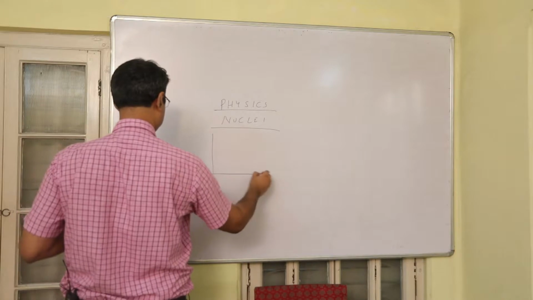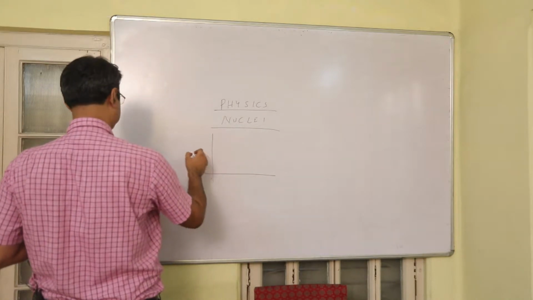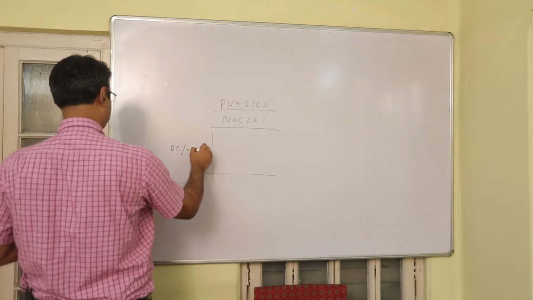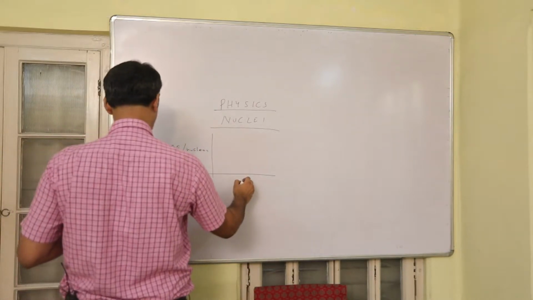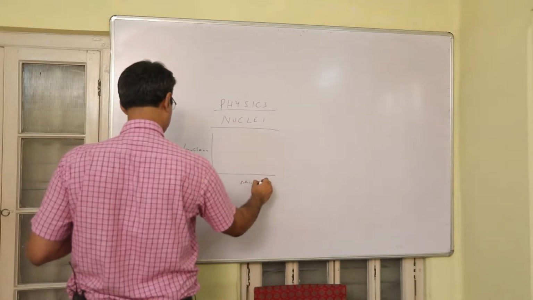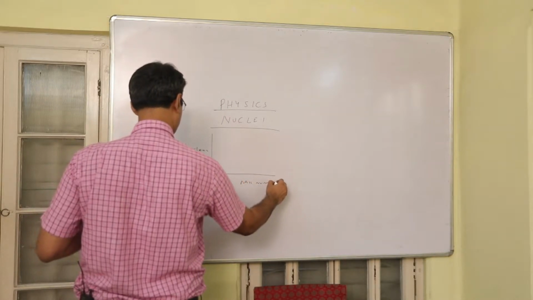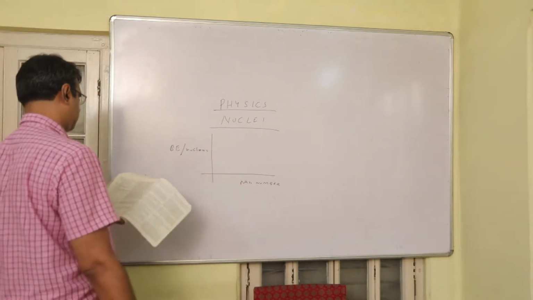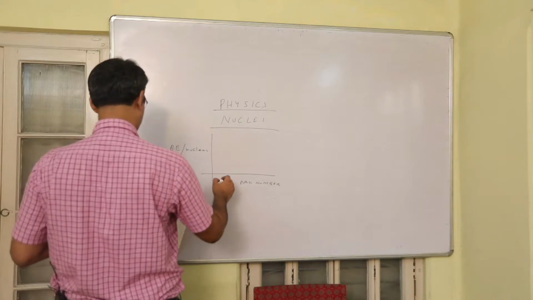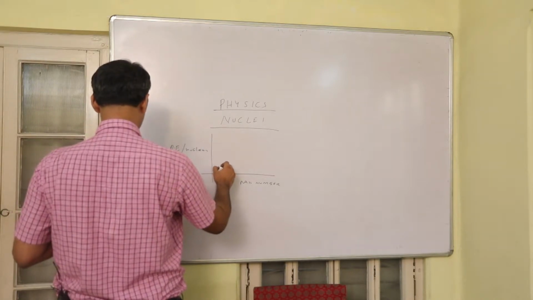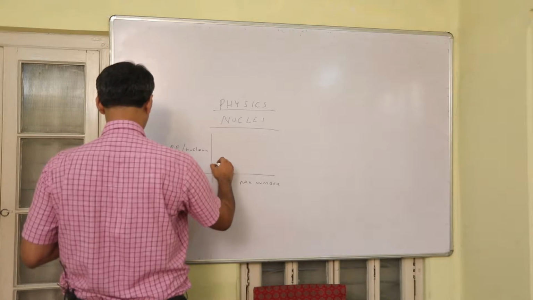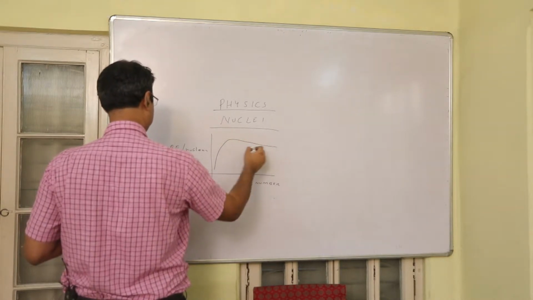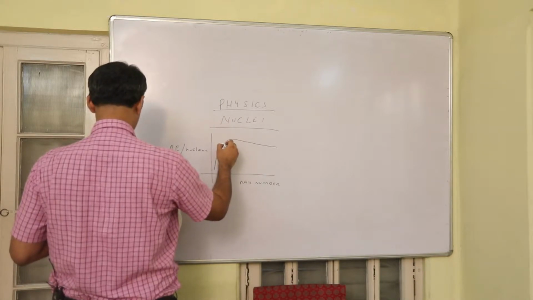See, there is an important graph. Y-axis is binding energy per nucleon and x-axis is mass number. So in the x-axis we have mass number, in the y-axis we have binding energy per nucleon. Now the thing is, the shape of the graph is approximately like this, and in this graph